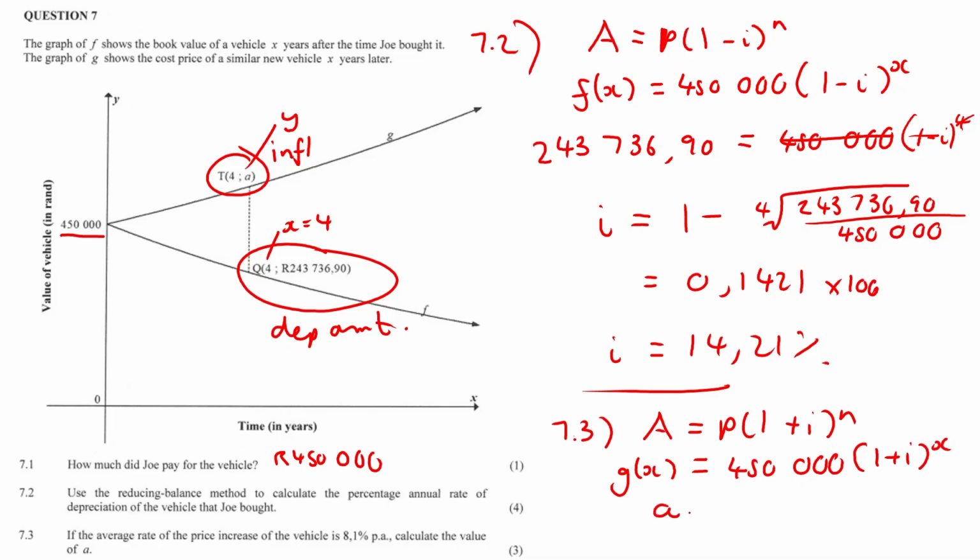Our Y value is indicated as G of x, so A is just going to be equal to all this good stuff here. Our i value, as we already know, is going to be equal to 8.1%, so 1 plus 8.1% if you want to use the percent sign in your formula, or 0.081. Don't forget the 0, okay? That's not a recurring, that's a dot just to indicate it. So 1 plus 0.081 raised to the power of 4. Plug all that good stuff into your calculator and you're going to get